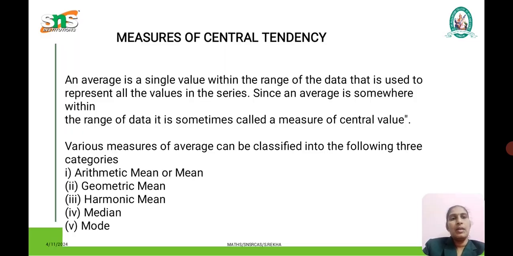this topic comes under statistics. Everyone knows what is meant by statistics. Statistics is nothing but collection of data. So collection of data helps us to predict the next value, and the average value we are going to find for the total marks, for example, to find any